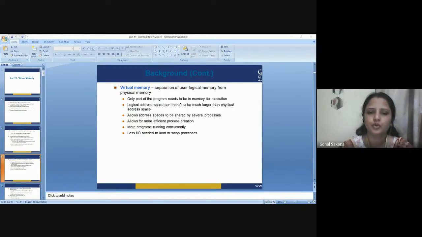Now, main storage, as seen by a process or task, appears as a contiguous address space, or a collection of contiguous segments. The operating system manages virtual address spaces and the assignment of real memory to virtual memory.